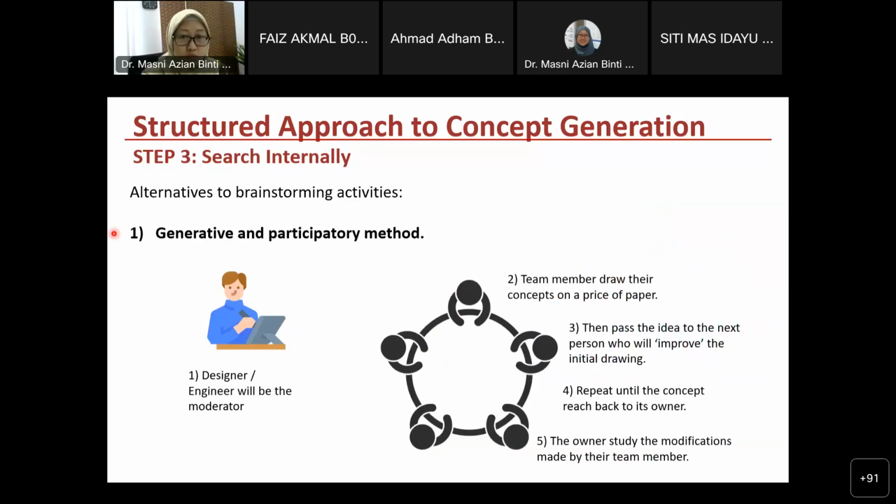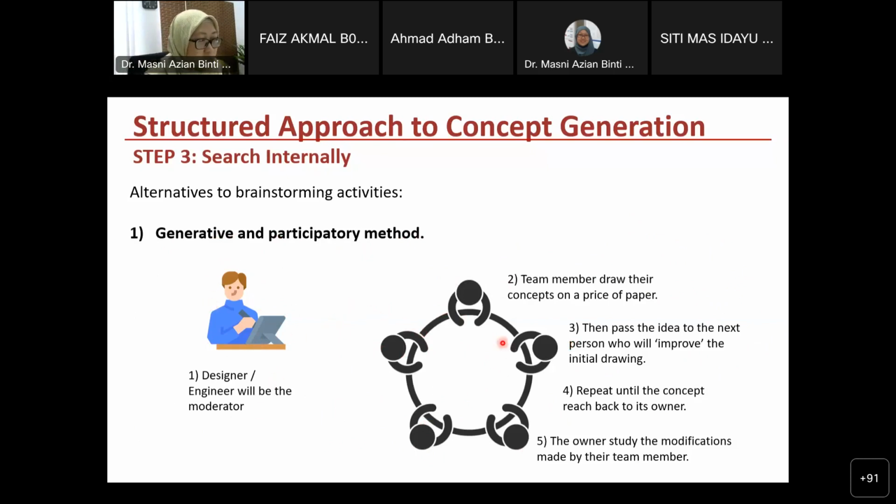Okay, the first one is called a generative and participatory method. What it means by this method is that, okay, dalam satu team tu, there must be a moderator. Okay, people who will oversee the activity. So normally in an organization, the designer or the engineer will be the moderator. Okay, and then